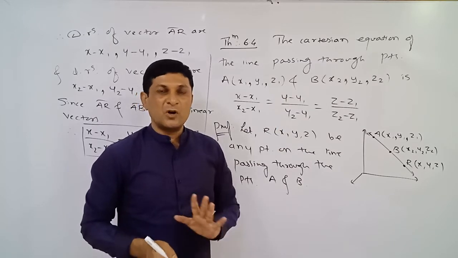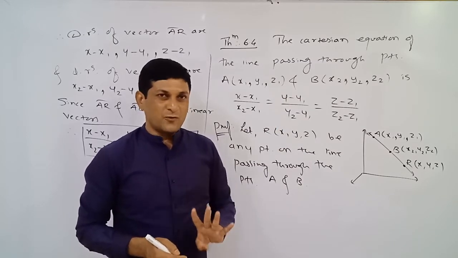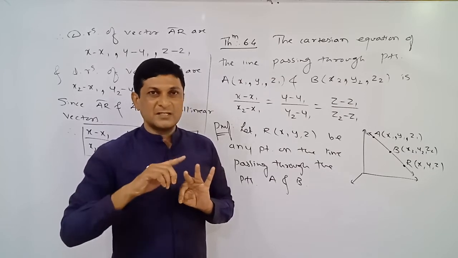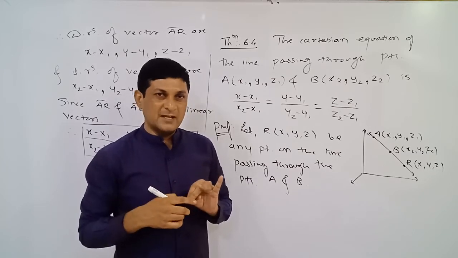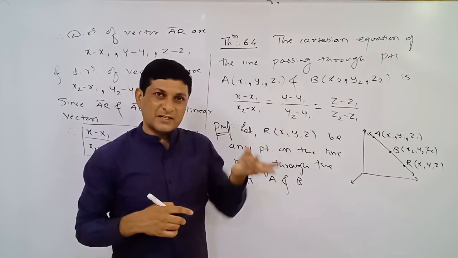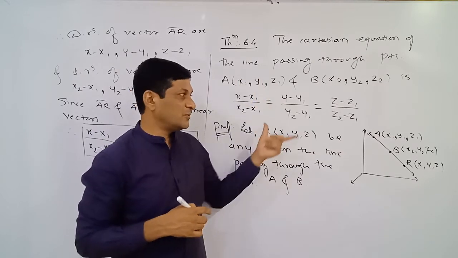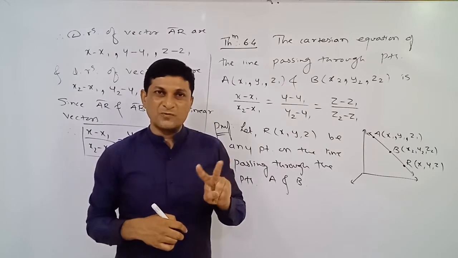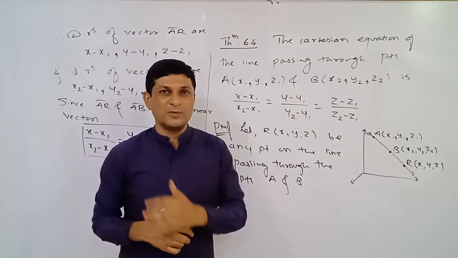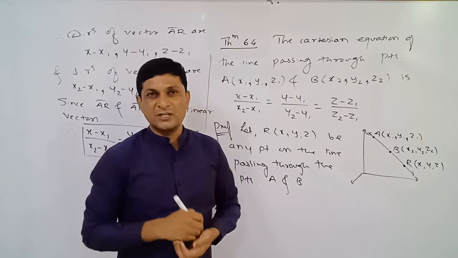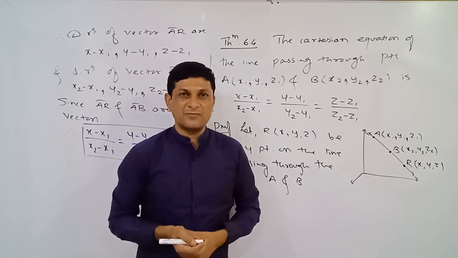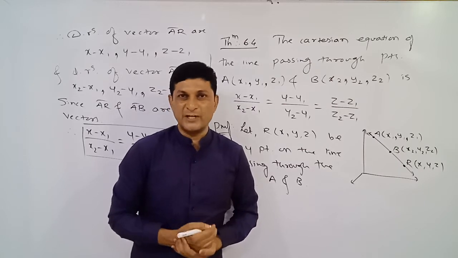So in this way we have proved four formulas. In the first theorem we have got one vector equation of a line. In the second theorem, the Cartesian equation of a line. Again in the third theorem we have got a vector equation of a line, and in the fourth theorem we have got a Cartesian equation of a line. Means we will have two formulas to find the vector equation and two formulas to find the Cartesian equation. Applying all these formulas, now we are solving examples from our first exercise 6.1.